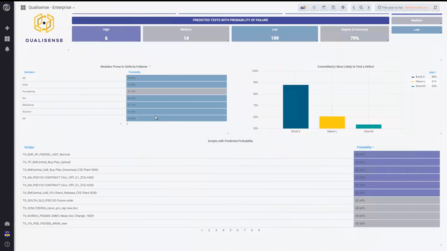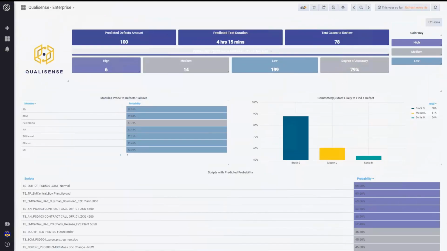But we can also do some more aggregate metrics than that. We can say, well, what actual modules have the problem? You've said that it can affect all of these modules, but which are the ones that are likely to have a detrimental effect? What's the likelihood of a high failure? We can also say, well, if I run the high and the medium and I allow for the fact that I can remove some of these tests, how long should that actually take me? How many problems should I actually find in this data source?